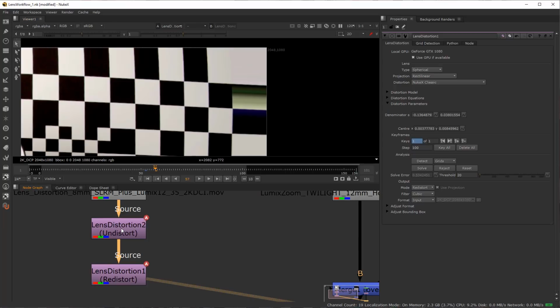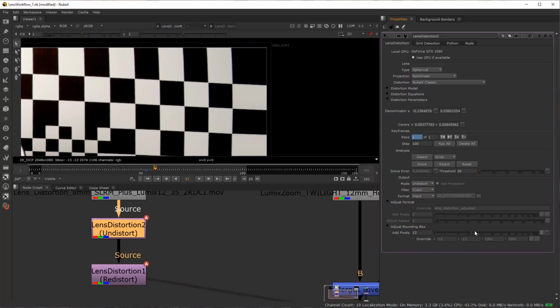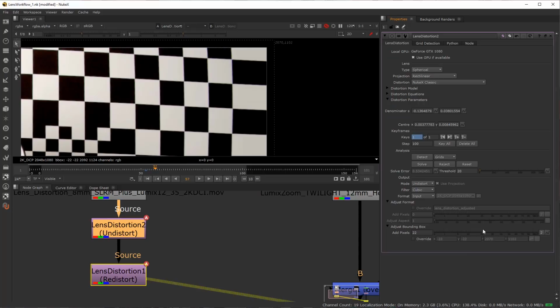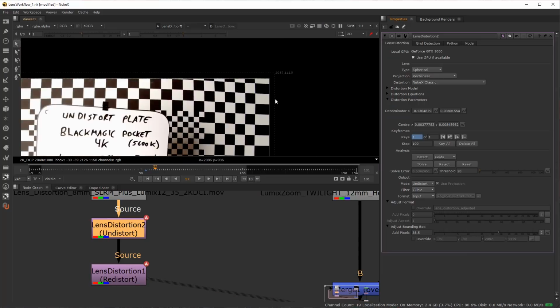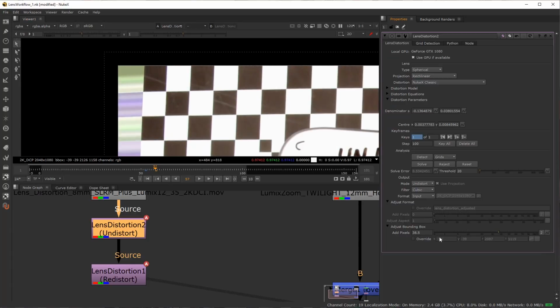The cool thing is on the un-distort node, you have a couple of options. You have adjust format and you have add pixels. The add pixels option is going to create the extra slack overscan. Okay, so I'm going to start adding pixels, and you can start to see what's happening is we're actually growing and growing and growing out, and as I continue to bring this up,